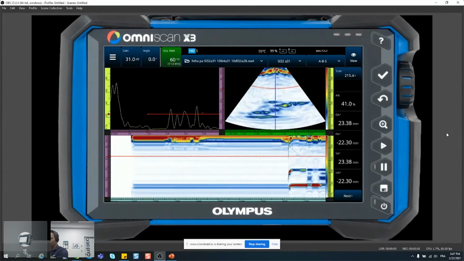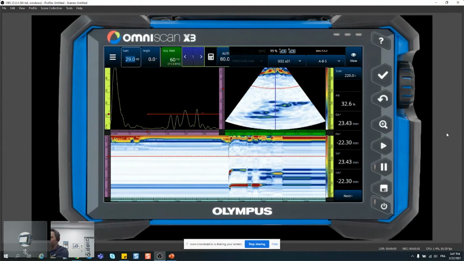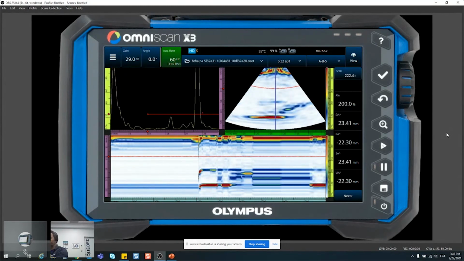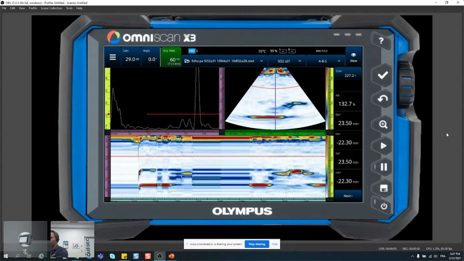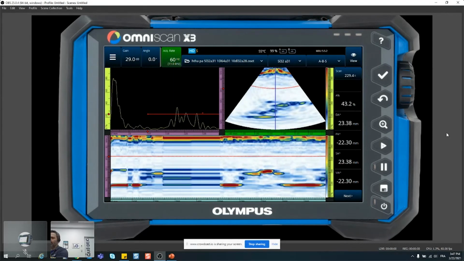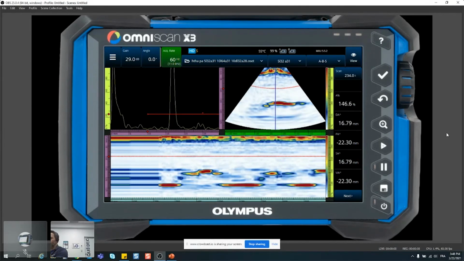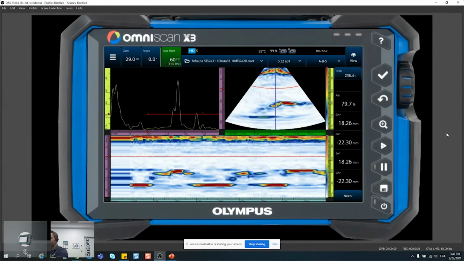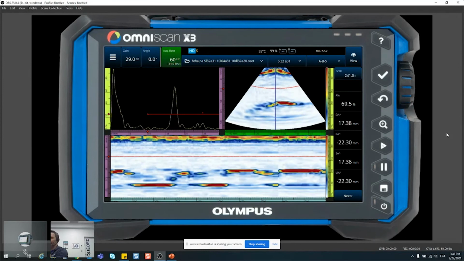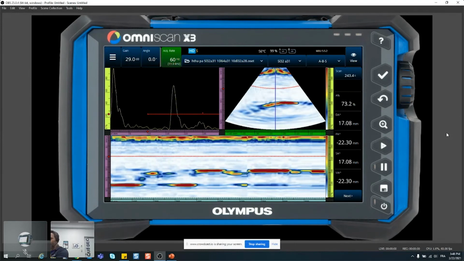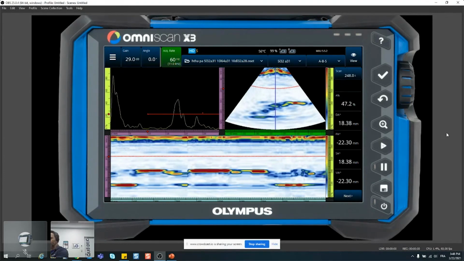Now we are a bit hot because I moved those parts. Looking at the S-scan as well as the B-scan that is scrolling at the bottom of the screen, we can actually see, well, of course, that's a blister right there, but we can actually see the connection in